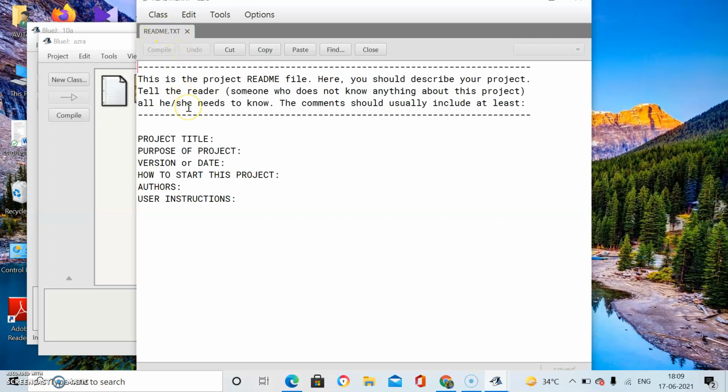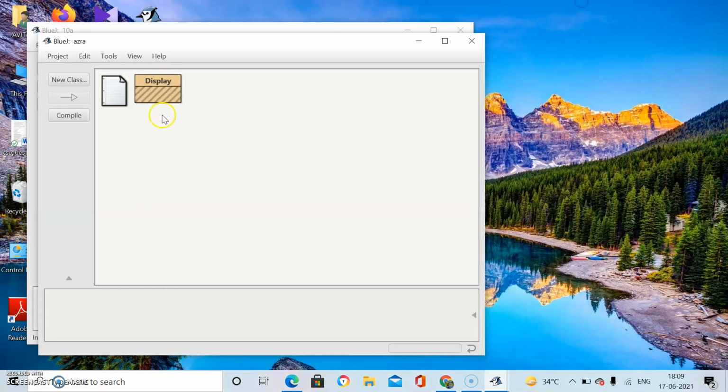You will not write your program here, otherwise you will be creating a text file, not a Java file. So remember, you don't have to click on it. You will open your class, whatever class you have made to write your program. That is Display. You can right click to open it or just double click on it.